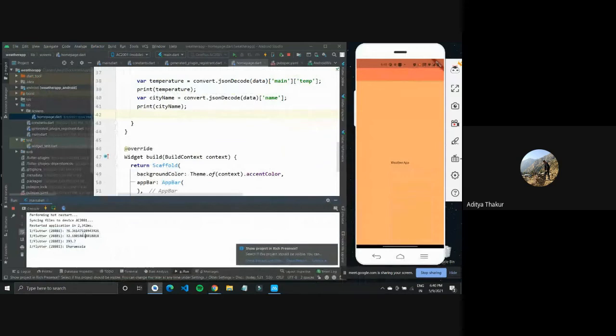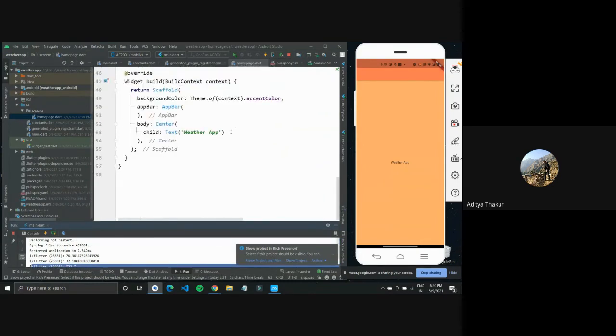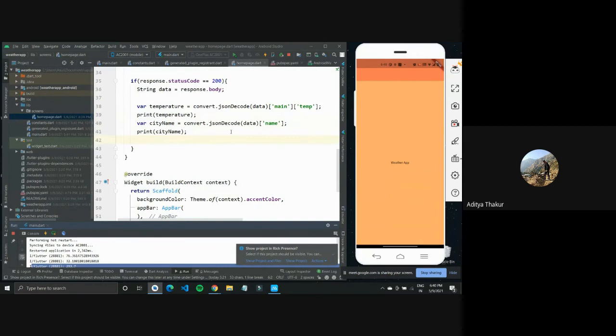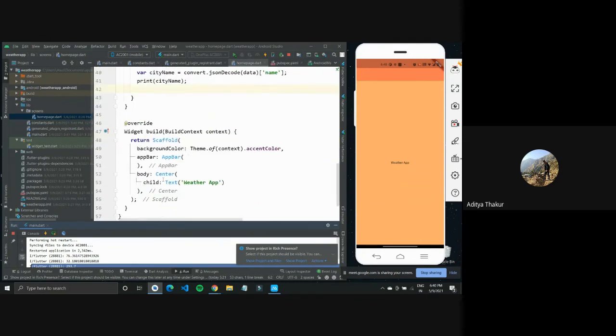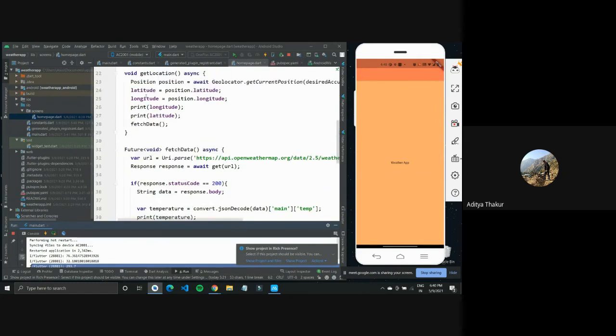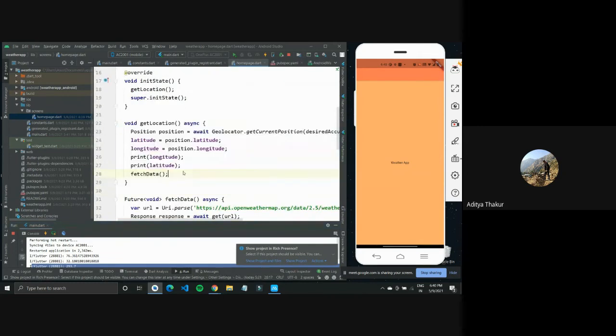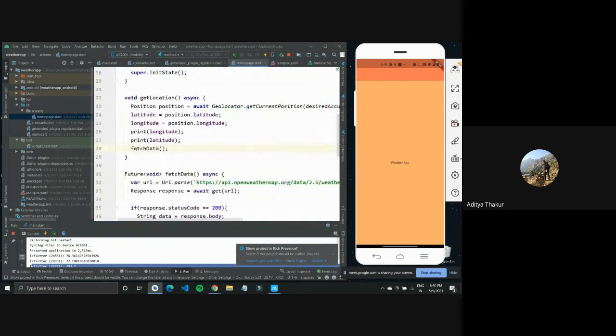We have the latitude and longitude from the geolocator. We are using that location to get our data. We had only one screen for now, but what we need to do is, after we have the data, push to a new screen and try to display this data. So I have my init state already, which is getting the location and then fetching the data.